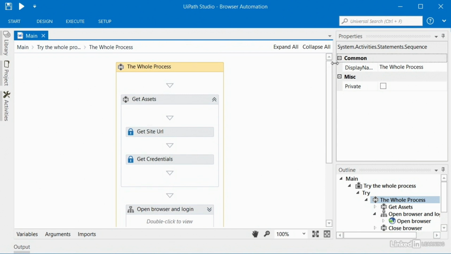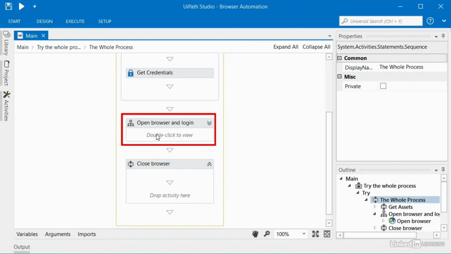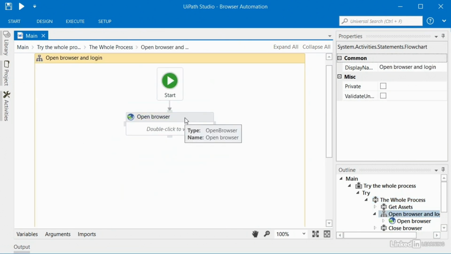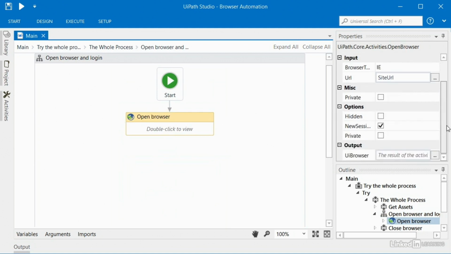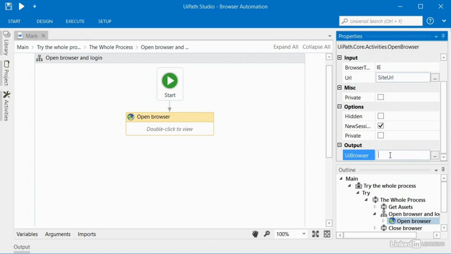Here in the flowchart where we open the browser, I'm going to double click, and I'm going to click on my Open Browser activity. If I scroll down to the bottom of the Properties window, you see there's this Output field. And what this does is it allows me to store a variable that represents the open browser window. So I'm going to click in here and right click, say Create New Variable, and I'll just call this